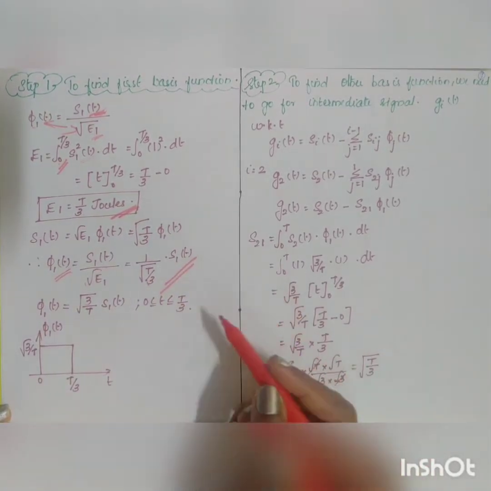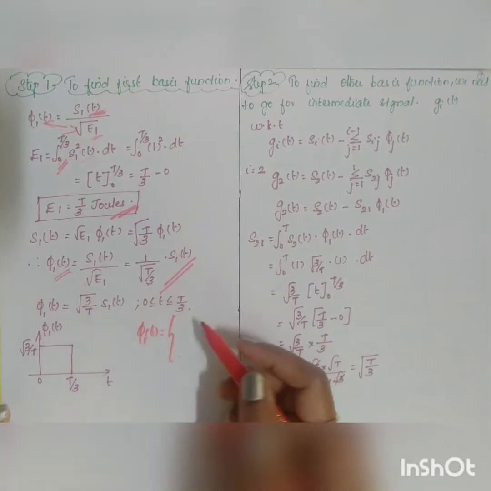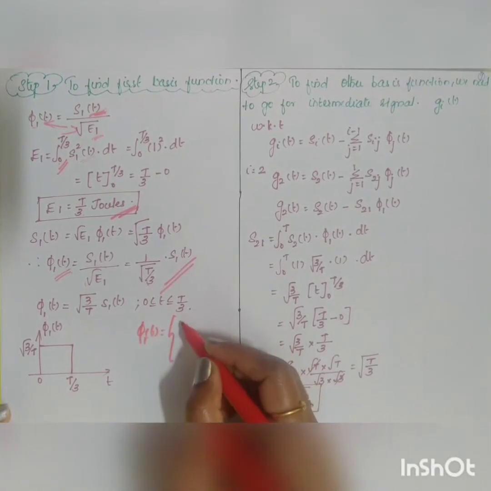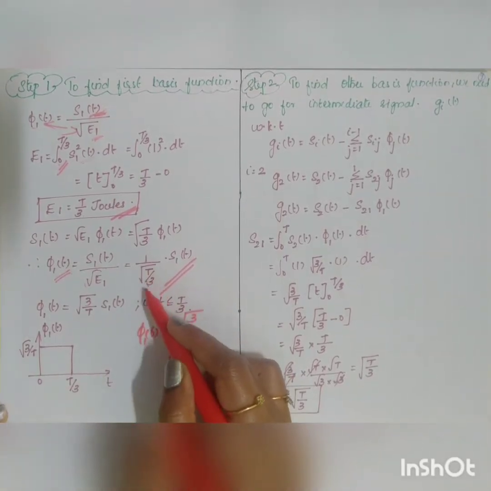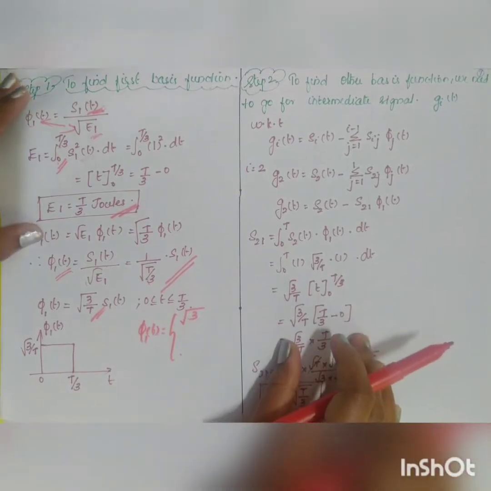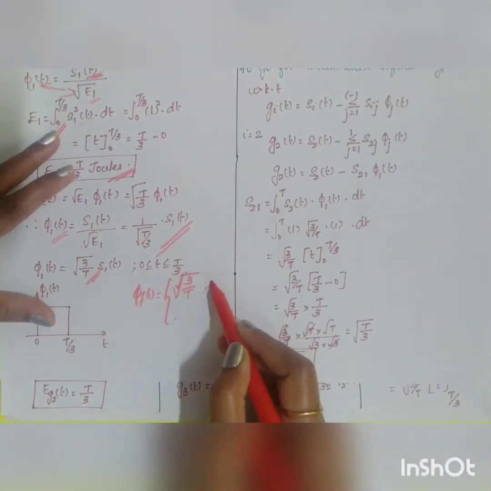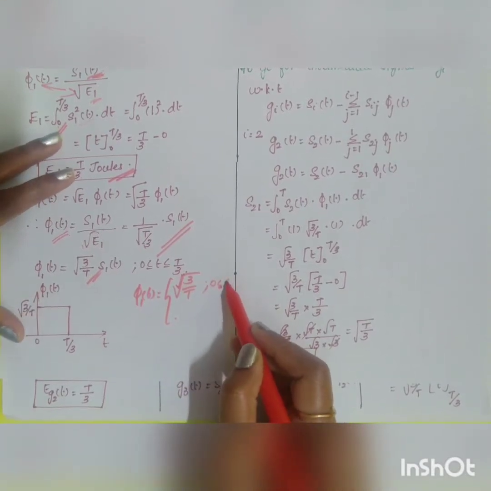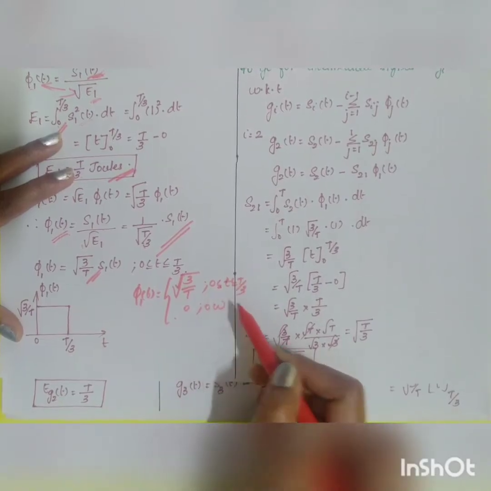So phi 1 of t is equal to 1 by root t by 3. You have written it here as root 3 by t. You can write it in any way, okay. So root 3 by t for your time duration 0 less than t less than t by 3, and 0 otherwise. So this is your